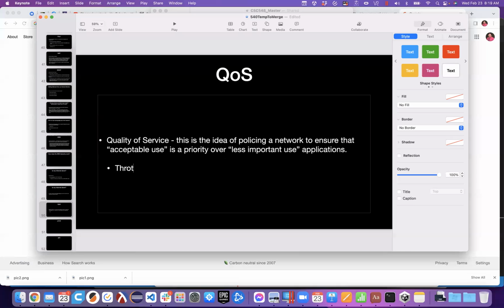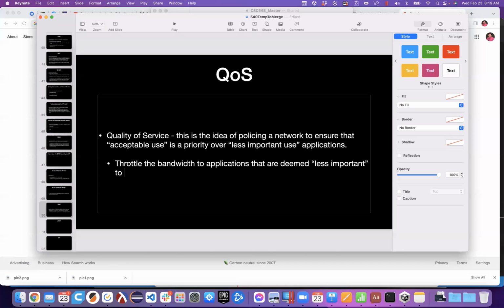So we might say we're going to throttle the bandwidth to applications that are deemed less important to keep available the bandwidth to support the more important